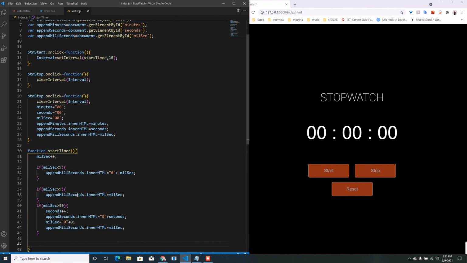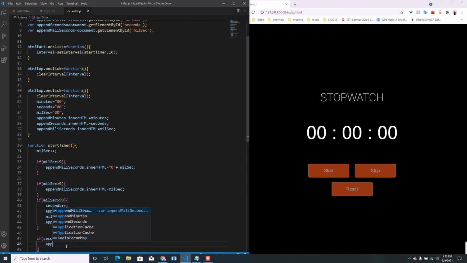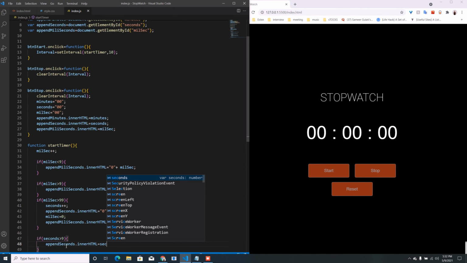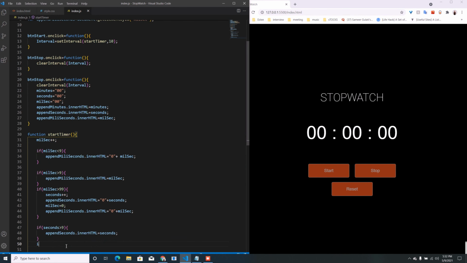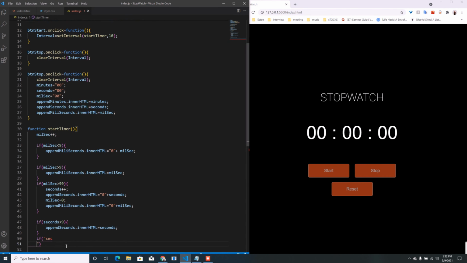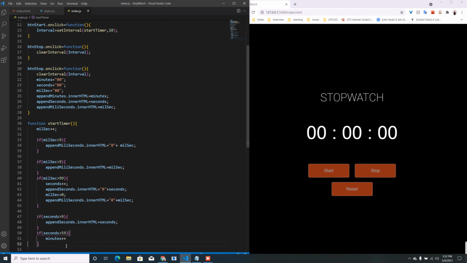Okay, so now done with this one. Now we have to check for second as well. If our second is less than 9, then we simply add a preceding 0 to it, same as we did for millisecond a few lines back. And if second is greater than 9, then same thing. Sorry for this. So if second is greater than 59, then it is going to be 1 minute.